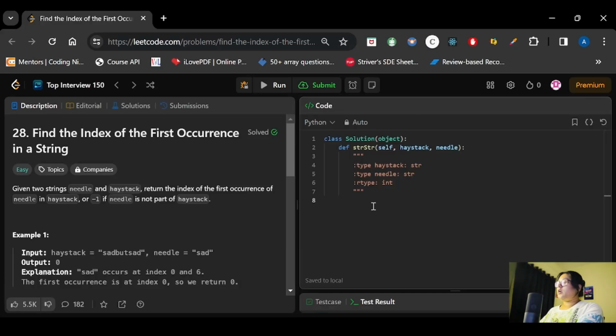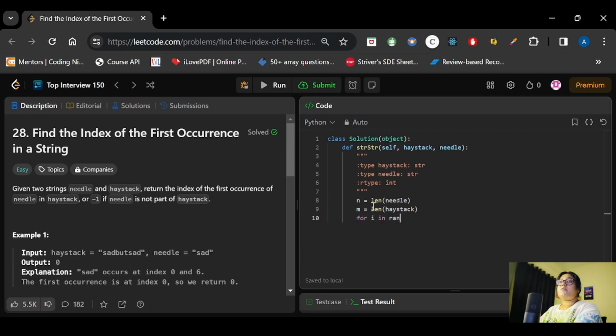Let's see the code now. First what we will do, we will declare n, which will be the length of needle, and we will take m, which will be the length of haystack. And then what we can do here, we can start from 0 index and we will be going till m minus n, right?